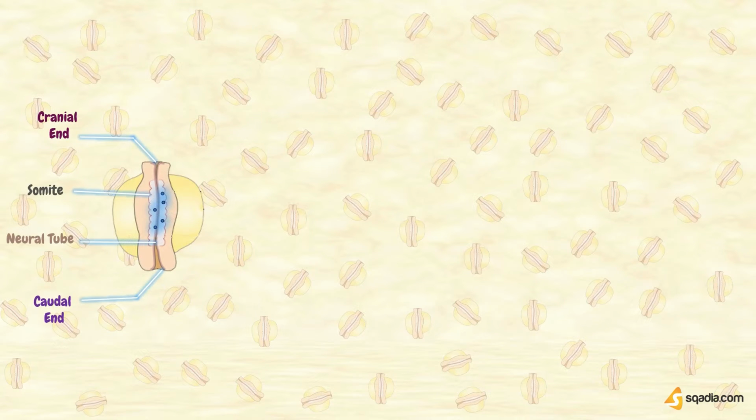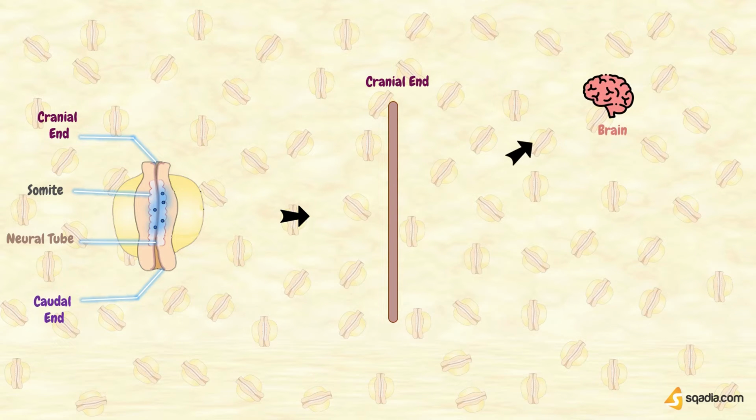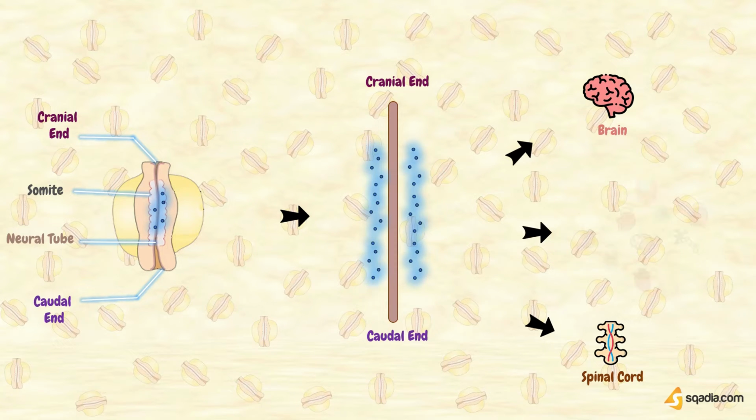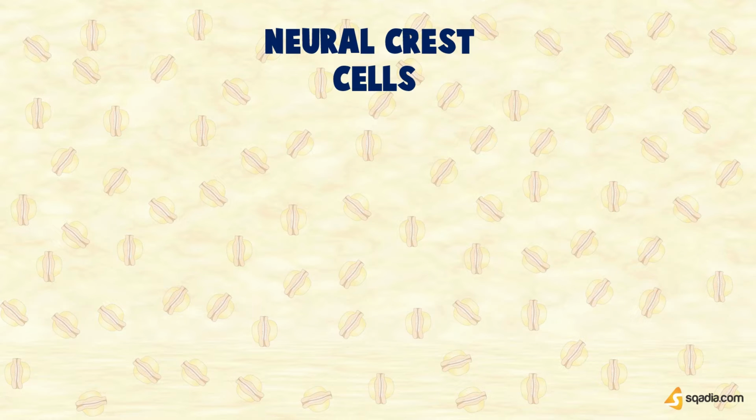Now, let's discuss the destinations of neural crest cells. As we have discussed, development of the central nervous system: from neurulation, the central nervous system continues to develop as the cranial end of the neural tube dilates and folds to form spaces that will become the brain. The remainder of the neural tube, caudal to the first four somites, will become the spinal cord. Neural crest cells have different destinations that will be discussed now. Neural crest cells will differentiate into